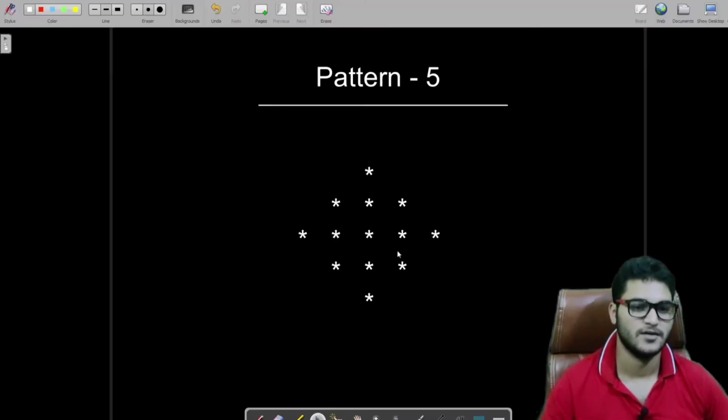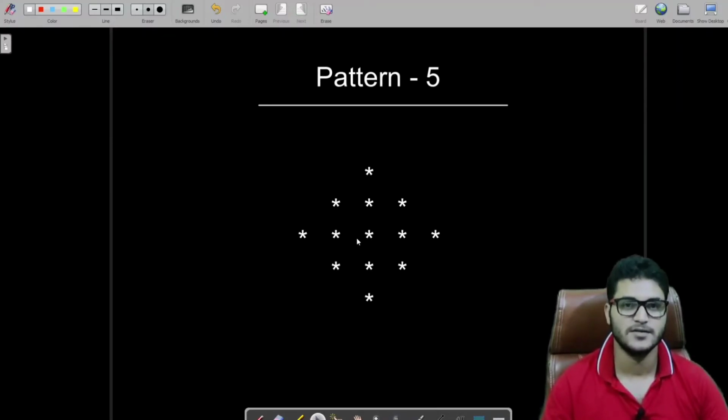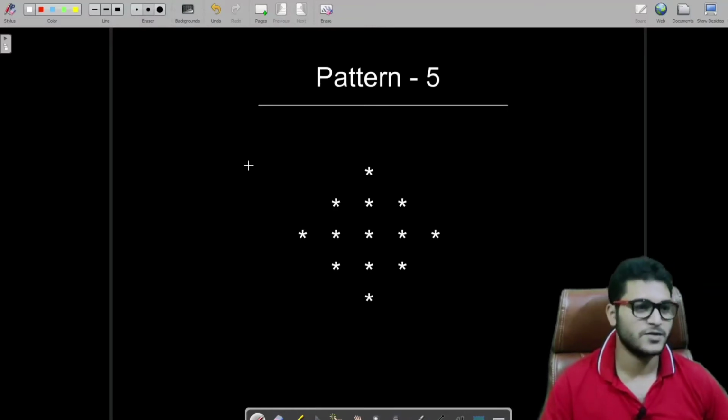What is that? So here is pattern 5, and here our journey begins in actually printing the patterns, because previously we were doing very basic kinds of patterns. So from here we are moving one step ahead in our journey of printing patterns in this pattern series. This will be our first complex pattern, and trust me, I will explain it in the easiest way so that you are comfortable while printing these kinds of patterns. So without any philosophy, let's get started directly.